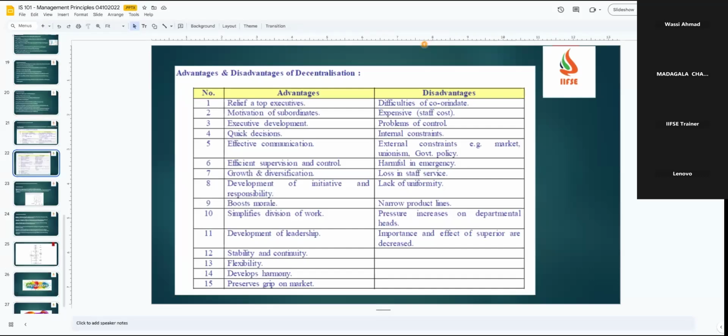Okay. Now we'll see some of the advantages and disadvantages with respect to decentralization. So basically, first we talk about the advantages, then we cover the disadvantages. Labhalu nashtalu with respect to decentralization. Deenivalla jarige labha nashtalu enti?